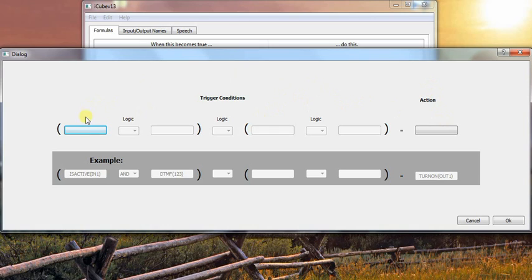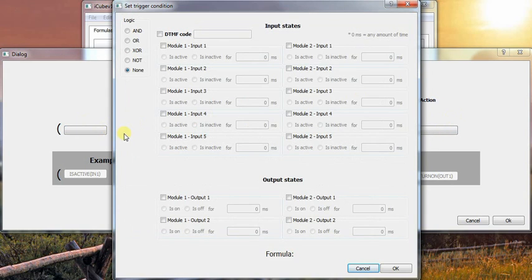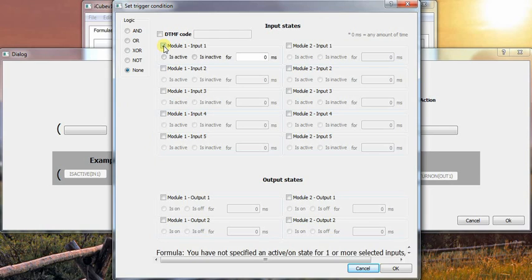For a simple rule, all we need to worry about is the box on the left and the box on the far right. For the left side, if we click this box, it shows us a list of all of our inputs and all of our outputs. And these are supposed to be the states of those inputs. So if we want the output to turn on when an input goes active, we want to check the box next to the input that we want, and we'll say, okay, when this is active, then we're going to turn on that output. We'll just leave this box on the right here empty for now,